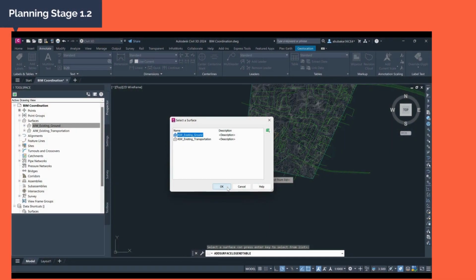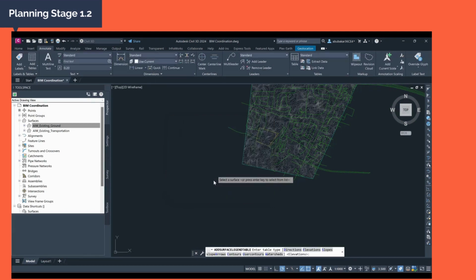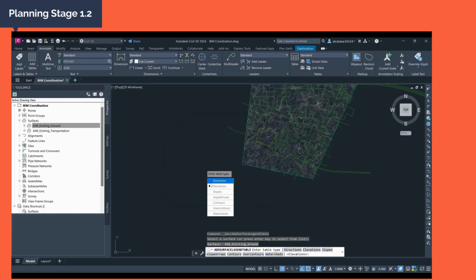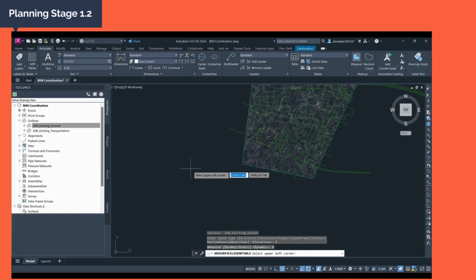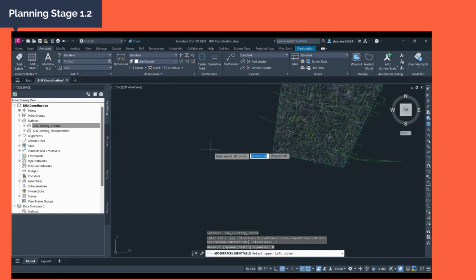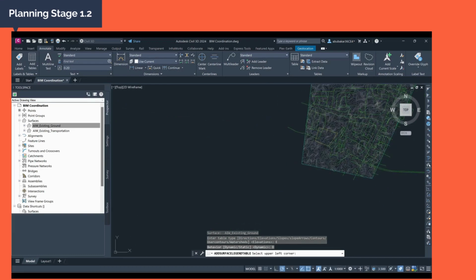Interval. So you click on the existing ground that was generated. Then what are we working with? We're working with elevations. You can see it's showing the elevation. We're dealing with a dynamic table that has changed. So when you make it dynamic, when you do a review, the table will update to reflect the